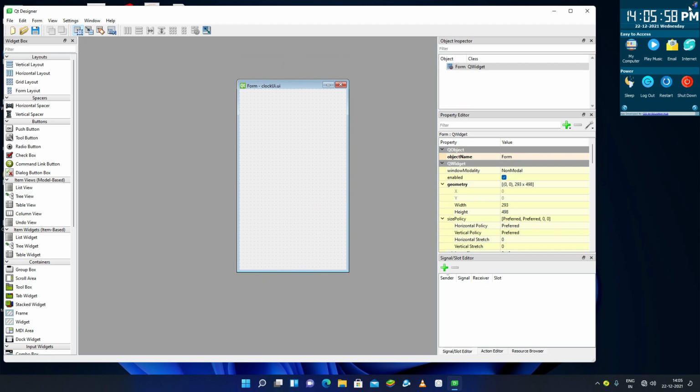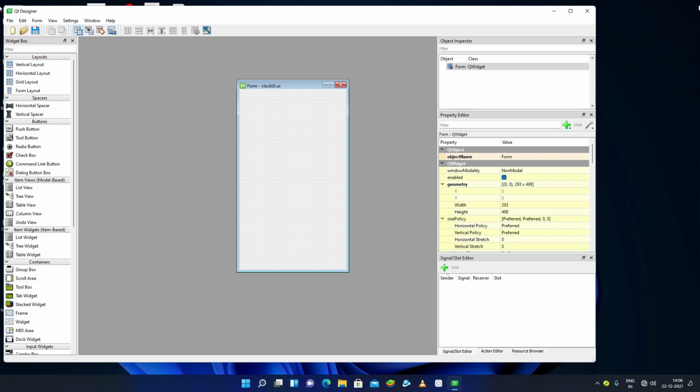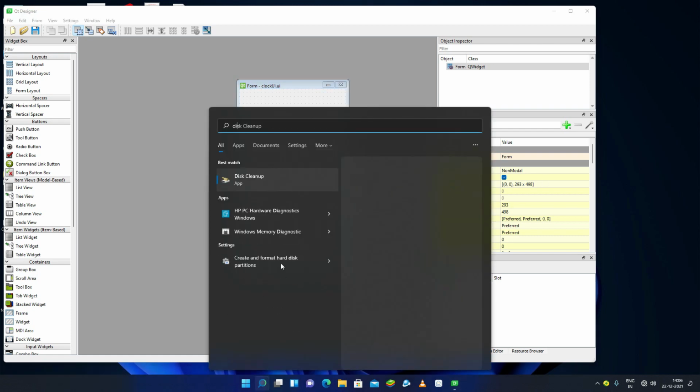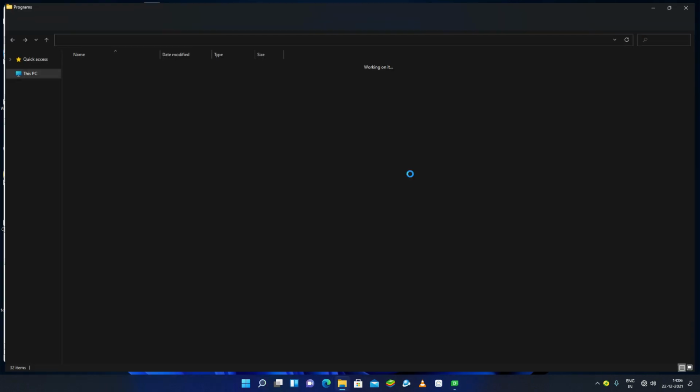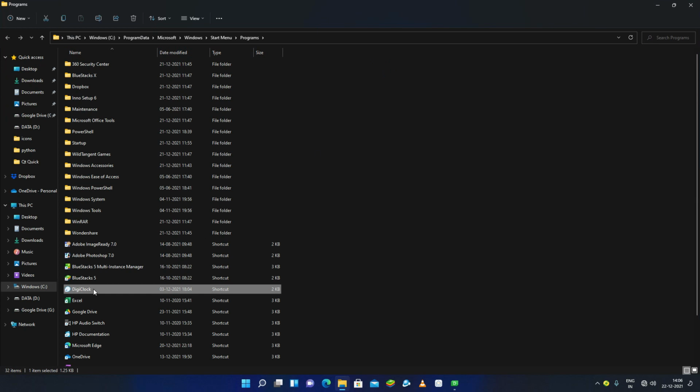First of all, as you can see on the top, this is one exit button. When I'm clicking on the exit button, it will exit. Okay, now we can also open it. I have named this application Daisy Clock and it is one app. Let me show you. In Program Files I have installed this.